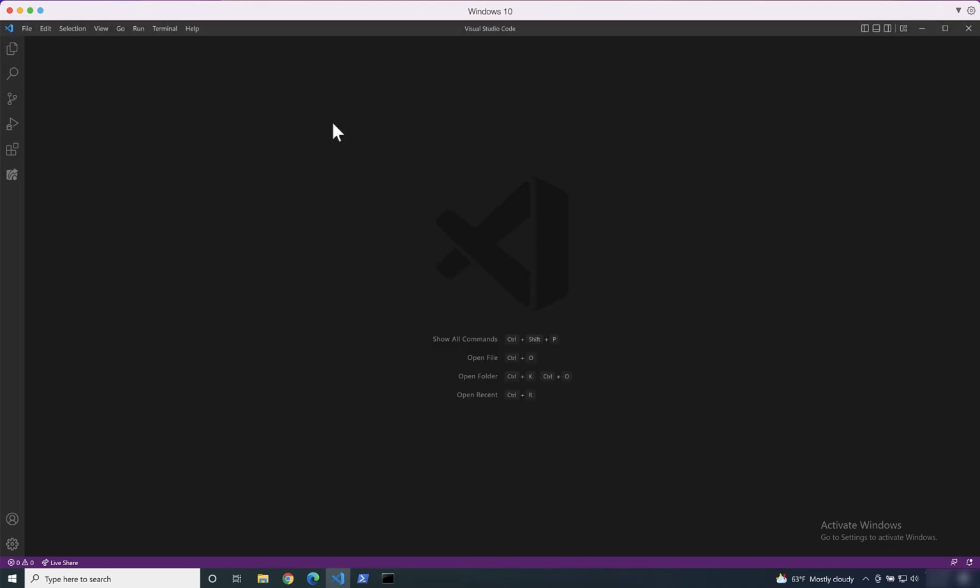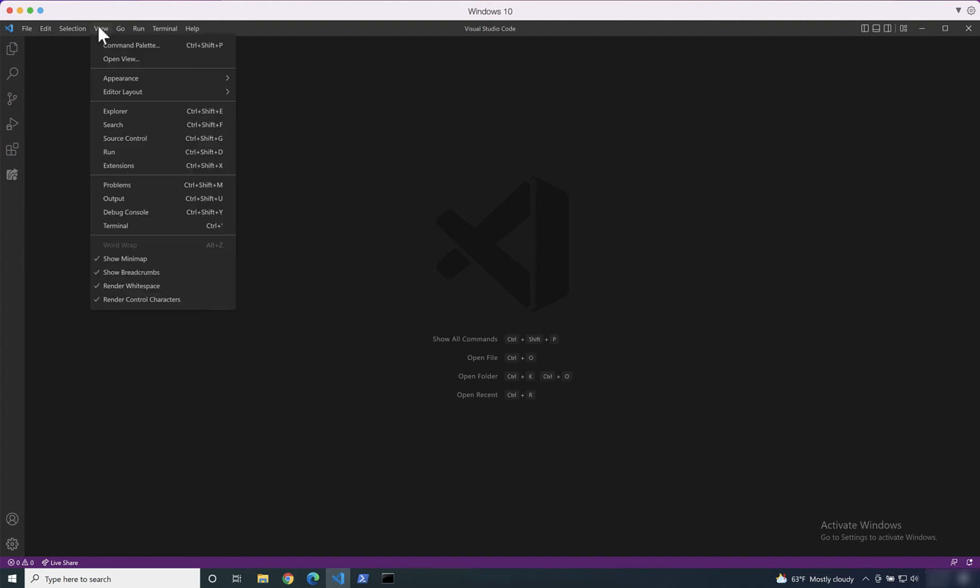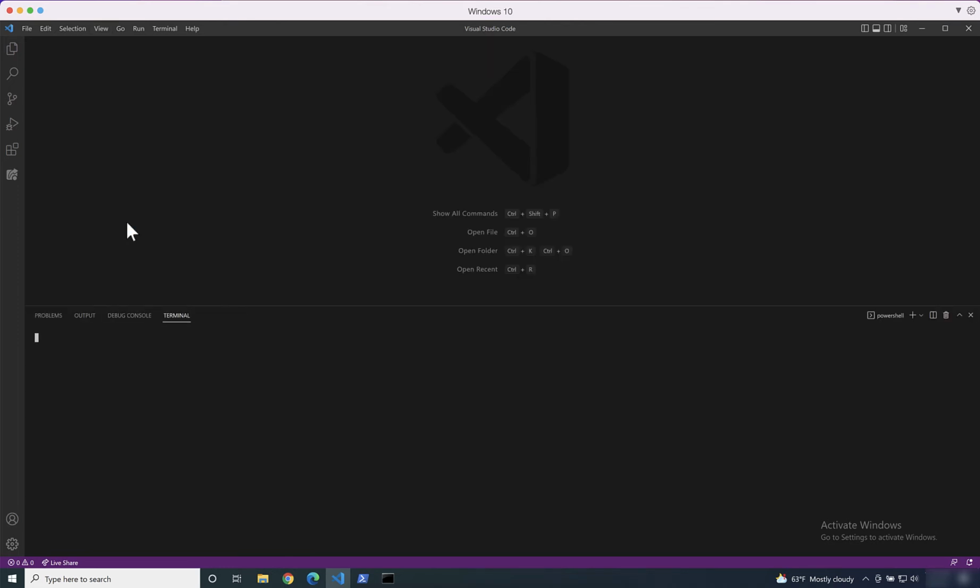Excellent. Now the one thing we can do is open up Visual Studio Code. Once one opens up Visual Studio Code, we can view, and in this case, we want to view the terminal in Visual Studio Code. When we open up the terminal in Visual Studio Code, we see that we are in our user directory, in this case, c:users Nikhil Srinivasan, and I will be going into the directory cd